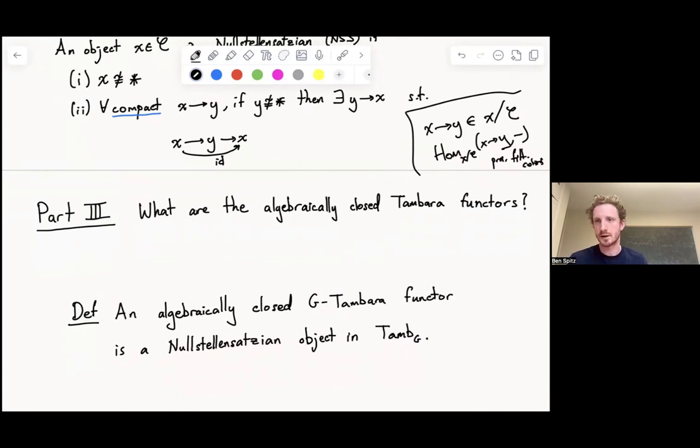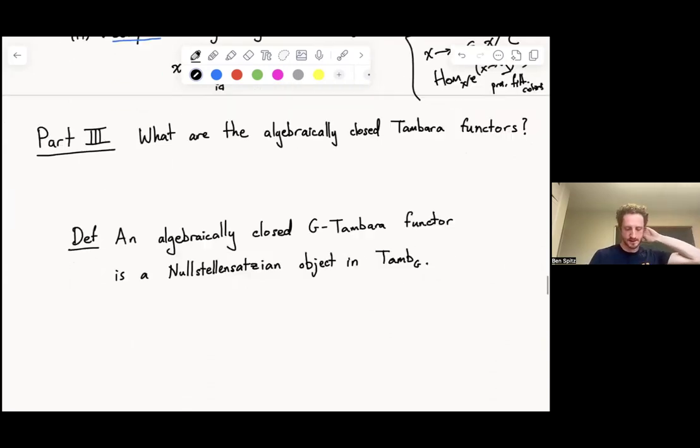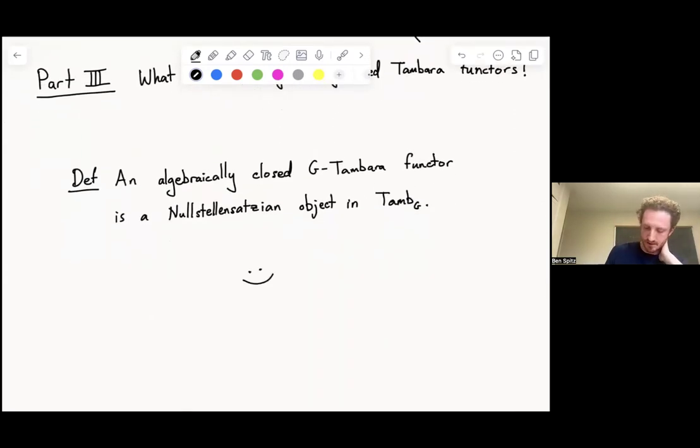And just like for commutative rings, the compact morphisms, the compact algebras, are precisely finitely presented algebras, finitely presented in the right universal property sense. You can talk about free Tambara functors on some generators, and you can mod out by a finitely generated ideal, and those are the finitely presented Tambara functors. Okay, cool. So now the question is, what are these guys? So we're happy about this definition. What are they?